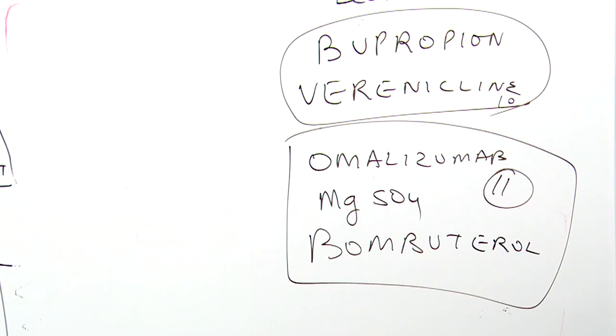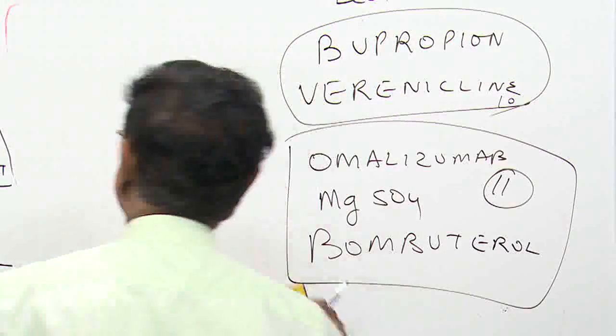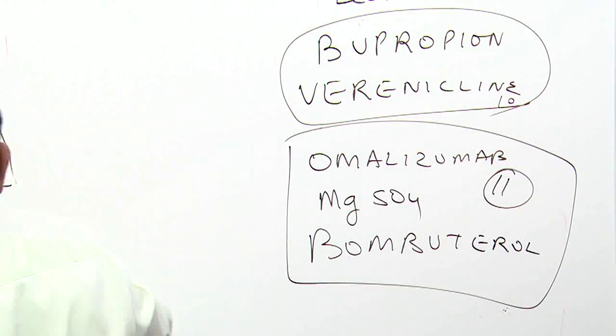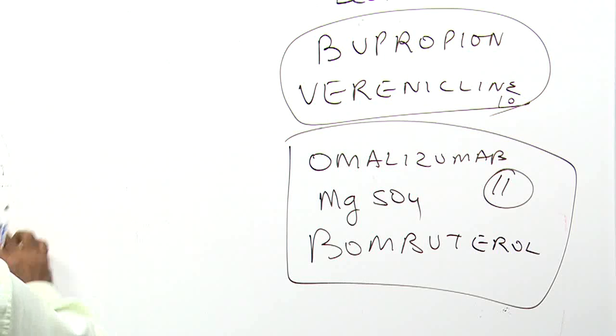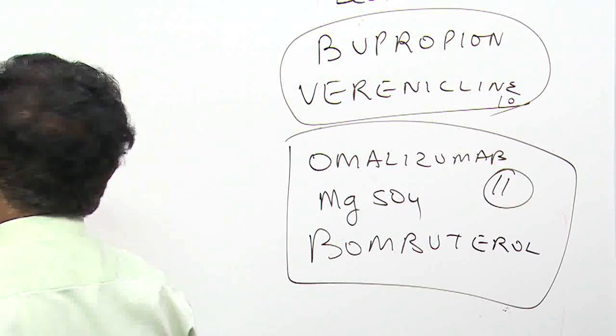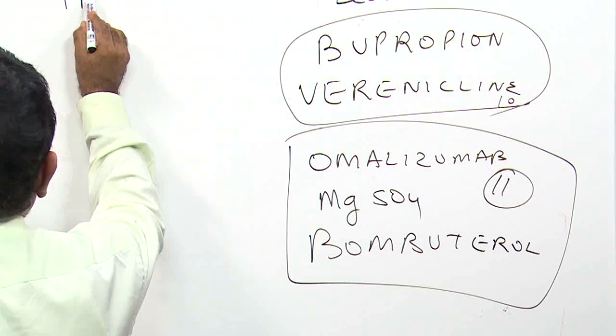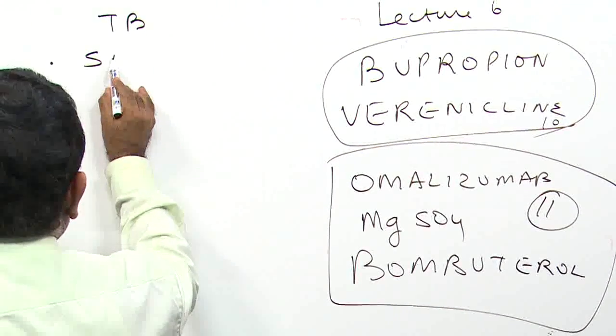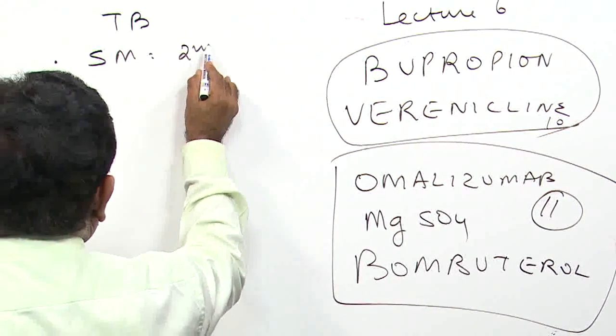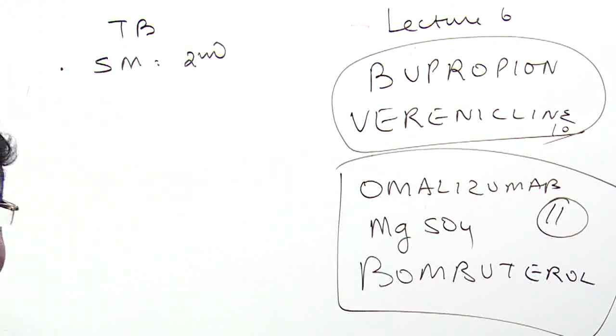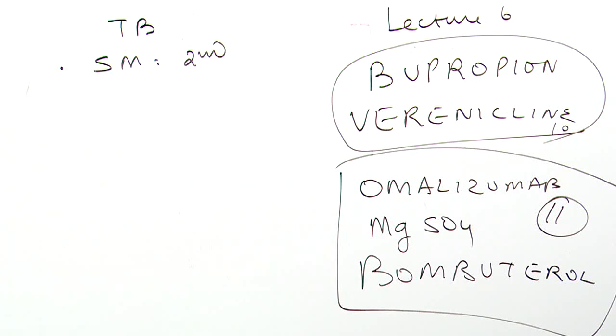Well, regarding treatment of tuberculosis, the new updates are as follows. Streptomycin is now a second line drug. It's not a first line drug, it is a second line drug. And the new drugs for TB are